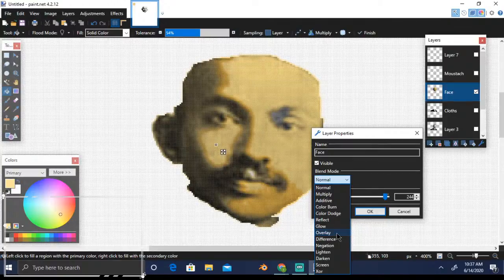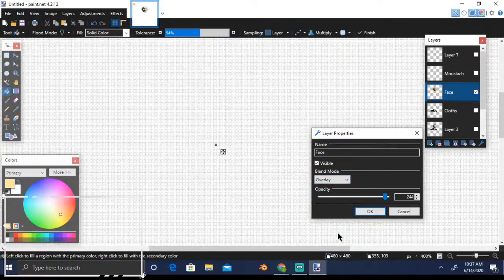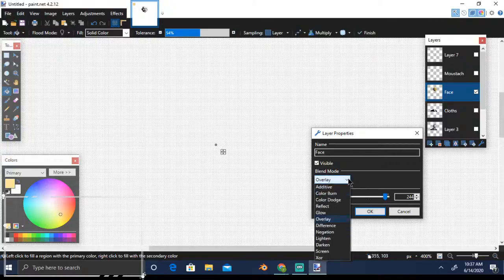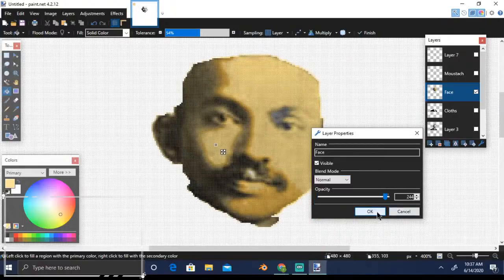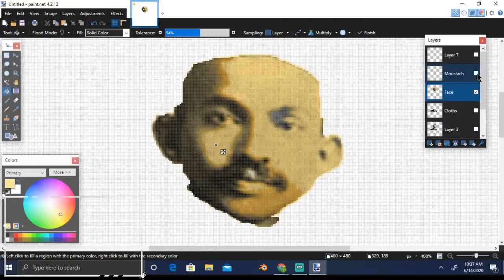What overlay does is it tries to merge the color with the background, but here the background is all black. So okay, this is one way. Let's try to put everything else in place and see how it works out.